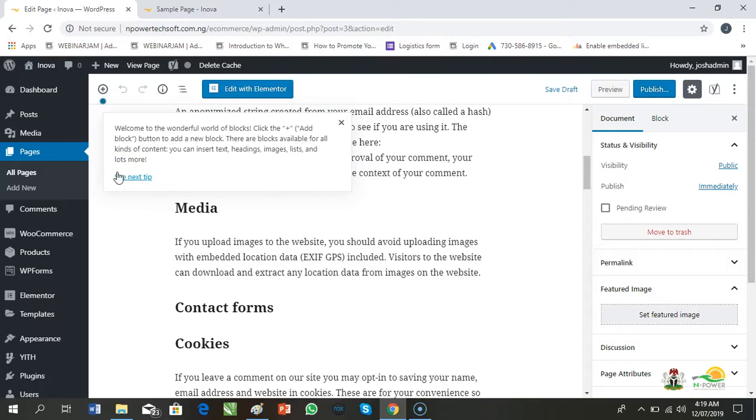So with this, we have come to the end of this video on how pages and posts work. So this is for e-commerce, but basically that is how it works for blog, for corporate website, for resume website and all.